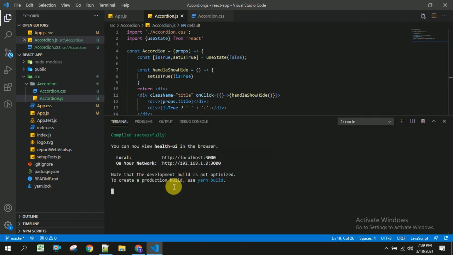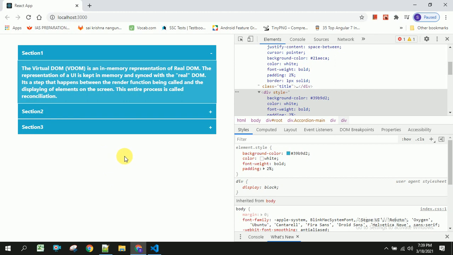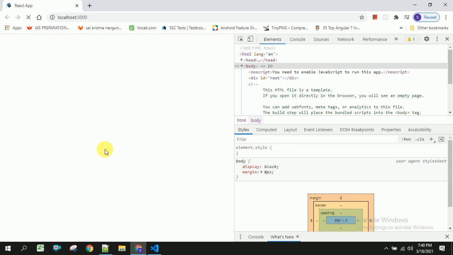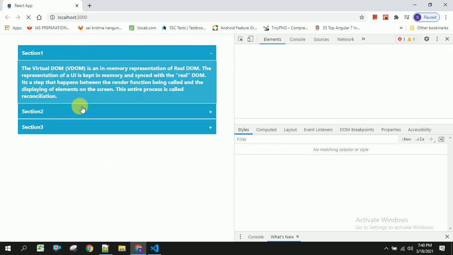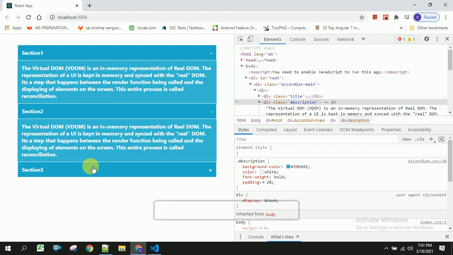So it got compiled successfully. So let us head back to our browser and refresh this. So it should be applied to all the description. So we should be able to get the styles to all the description.